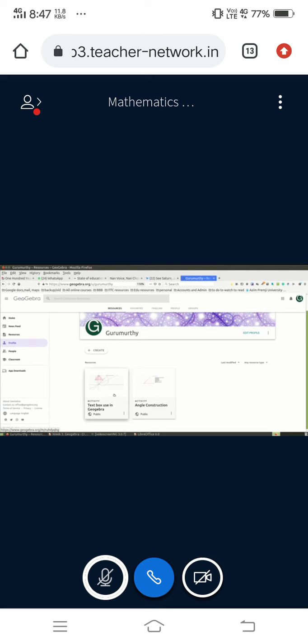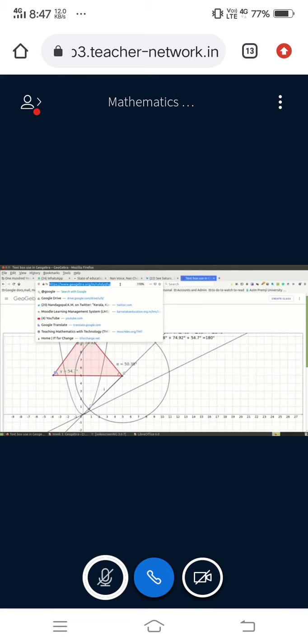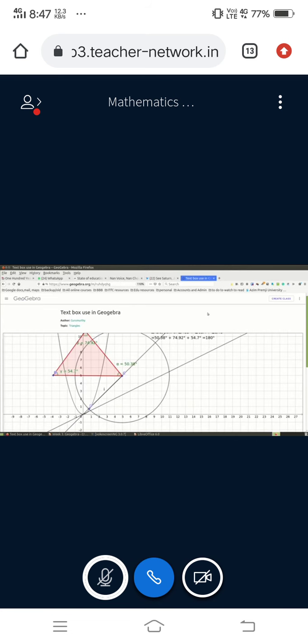So if I click on the file, I will get a URL. This is a URL which if I share with anybody, they can access this file on their own computer. And because it's public, it is also available for anybody to search when they come to GeoGebra.org, which is the first thing that you did when you search for resources on Triangle. So if now somebody searches for Triangle resources, they will get this resource as well.